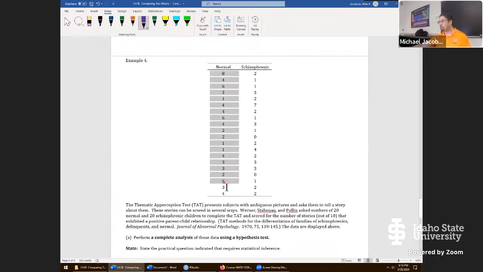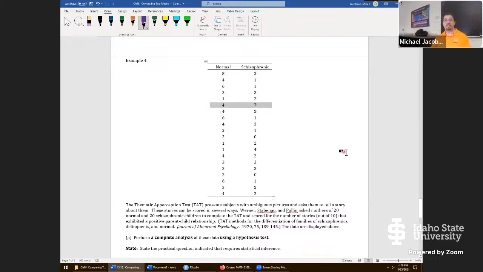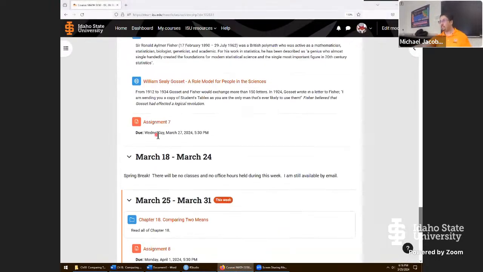These are 20 children that were considered typical children, and another 20 children who are considered schizophrenic. And there's no possible way that this row refers to one person any longer. They're totally different people. These data look independent. If you go to a different study,